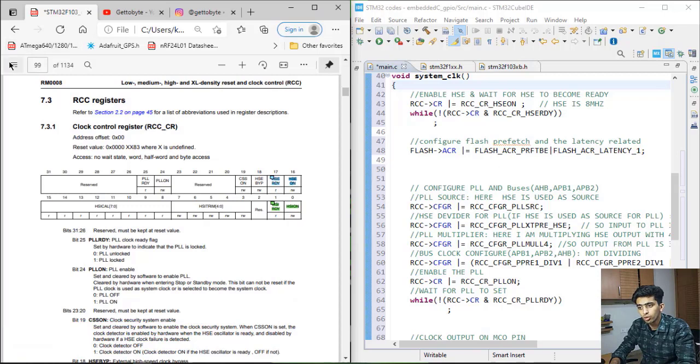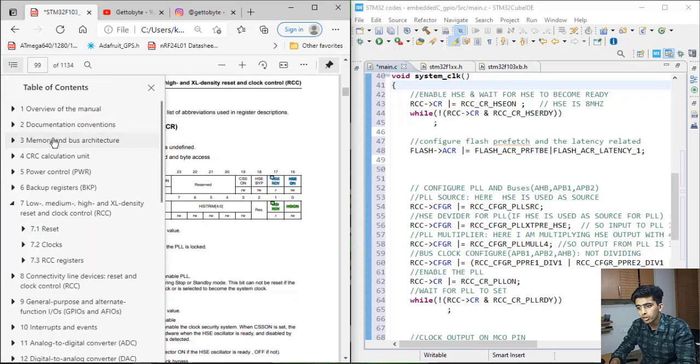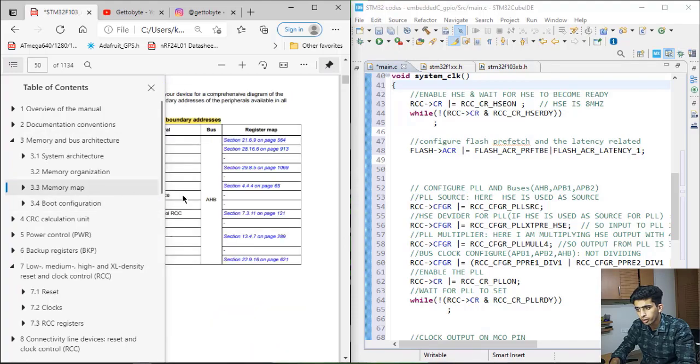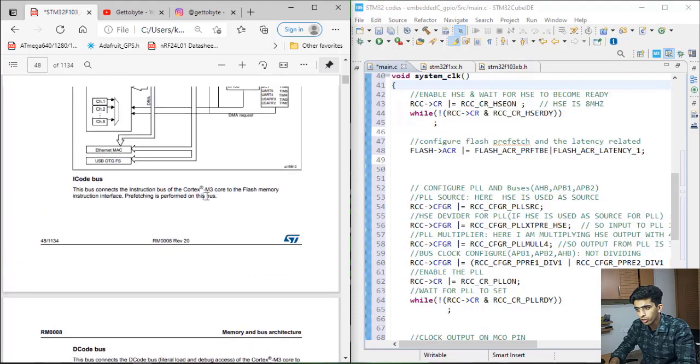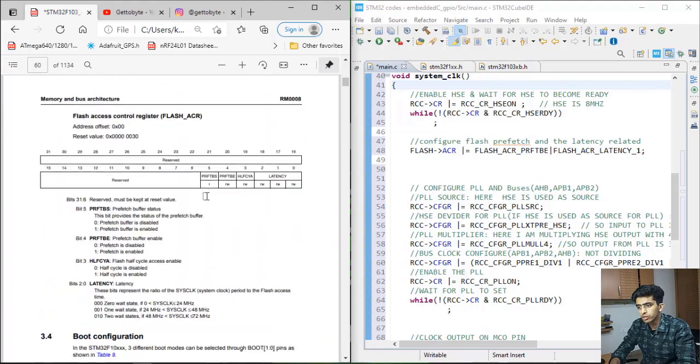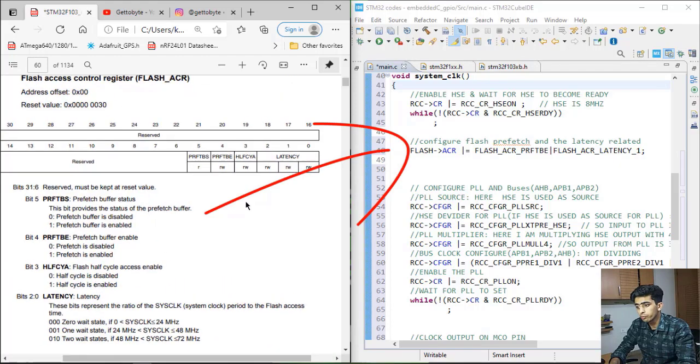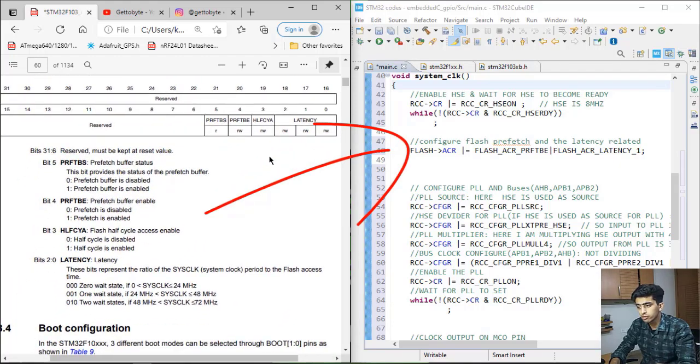For that, you go to the memory and bus architecture and move to the bus memory map. Here you will see a register, the flash access control register, FLASH_ACR. In this, the main bits which you need to set are the latency and the PRFTBE.